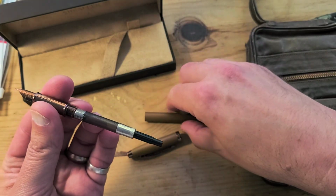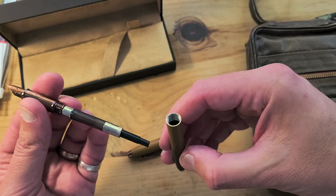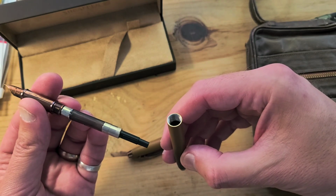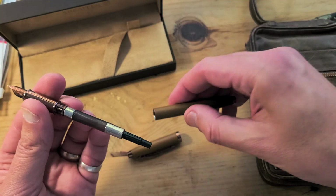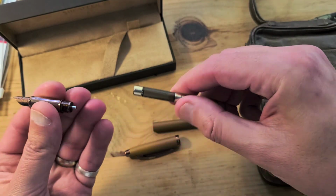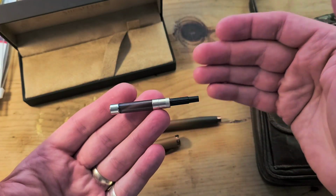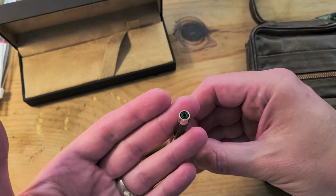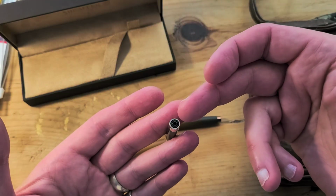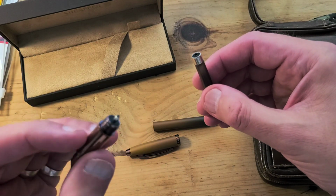So you've got the barrel itself, obviously, with a nice fixing mechanism to connect this to the thread here. It comes with a converter, and the converter is very typical Sheaffer converter. It's designed so that it has this hole at one end which fits neatly to the post, which of course,